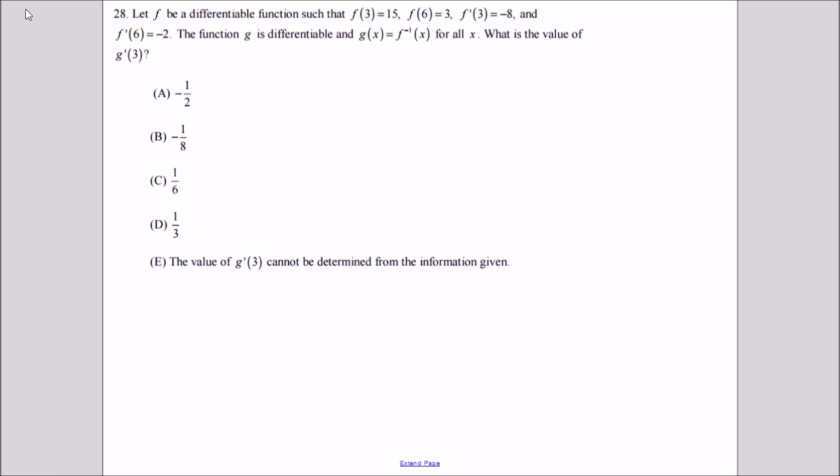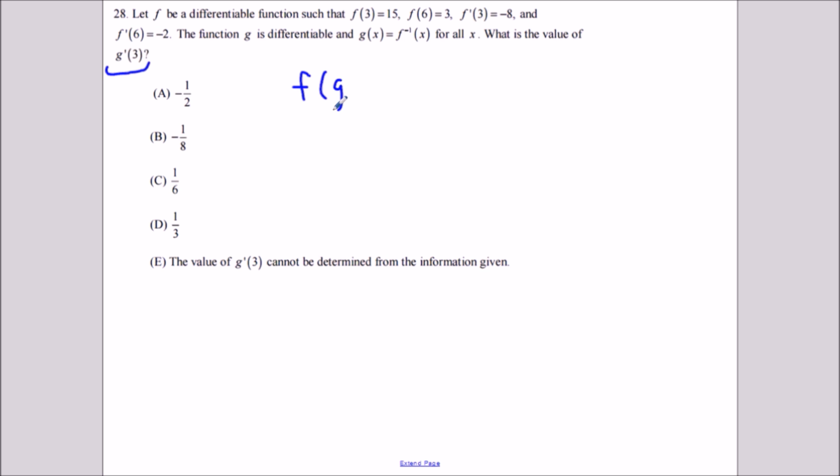Okay, for the last question here, we're given the function f, which is a differentiable function, and we're given a few values of f, and we're also given a few values of f prime. Next we're told that the function g is differentiable, and g of x is equal to f inverse of x for all x. And we want to know what is the value of g prime of 3. So to know the value of g prime of 3, we need the formula for the derivative of an inverse function. And if you forgot that formula, it's very easy to forget,